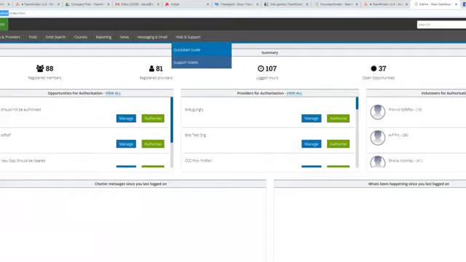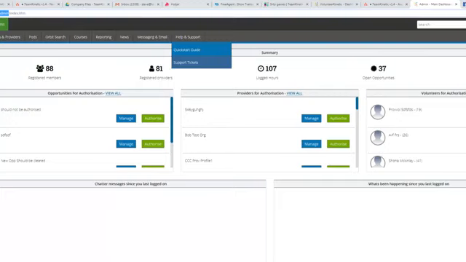So, the background to trusted providers. What we've realized over the last 2 or 3 years is that there is a key difference between opportunity providers who are internal to your organization as opposed to providers who are external, i.e., they're in other organizations you might be affiliated with, but they're not part of your organization. There was a need for these internal providers to have elevated privileges, to be able to give them more options, essentially. So that's why we've developed this thing called trusted providers, which is basically a form of very low-level administrator. That's how I describe them.